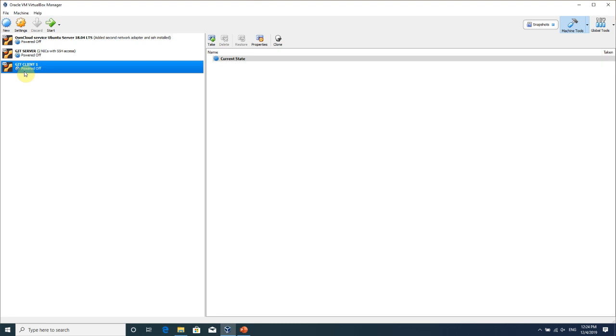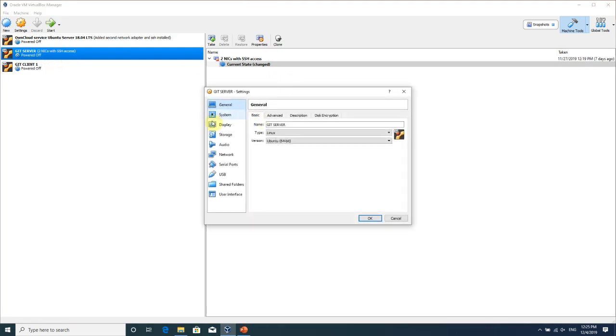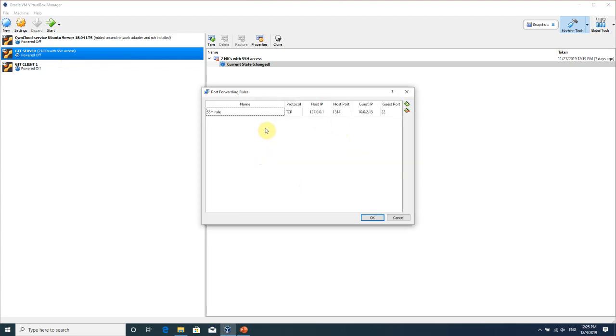So first network card of each machine will have the purpose of internet connection, and this adapter is using NAT, as you can see, for example, from this Git server. So first adapter is configured in NAT mode, and here we have a port forwarding. Okay, please check this rule. We have port forwarding for SSH,